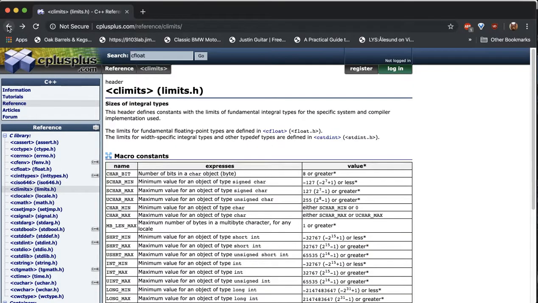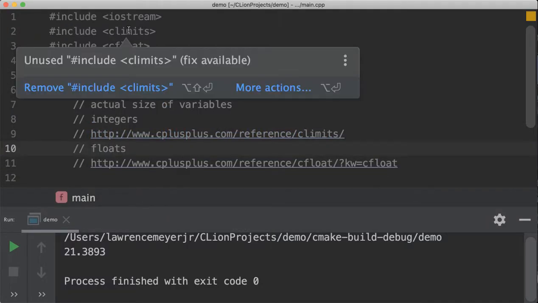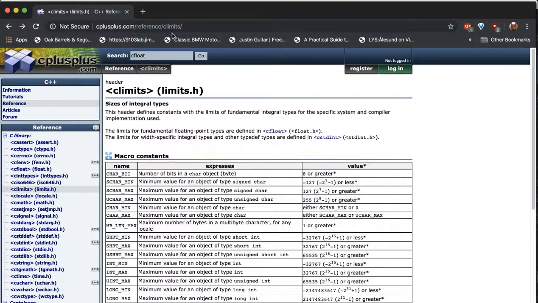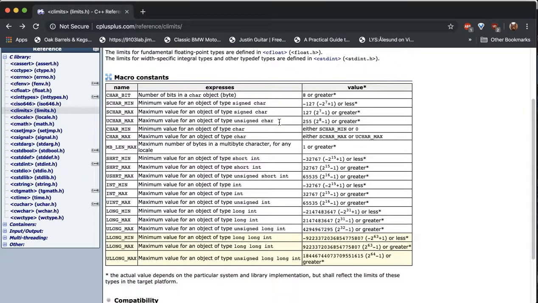Let's go back to integers. This is called climits. It's a header file. It shows up way up here. You have to include it if you want to actually use it and see what's going on. Climits is the new C++ limit file. Limits.h is the old C file. Use climits for C++. And it gives us the definition of how big and how many bits are inside each